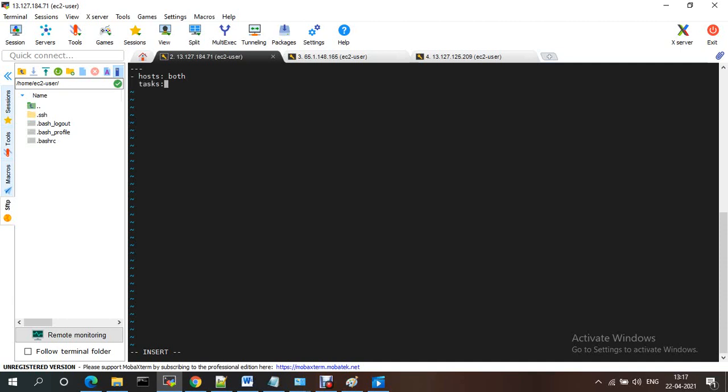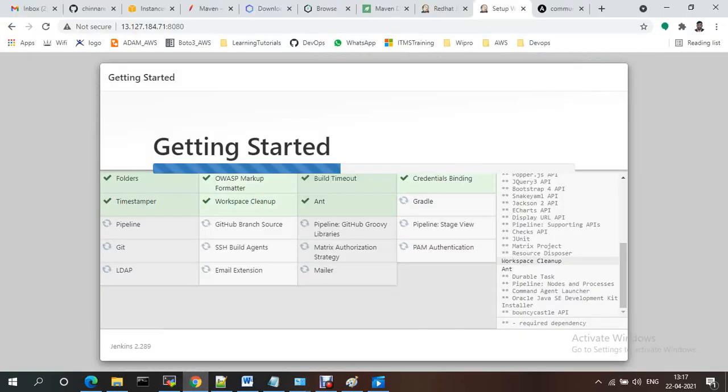Under the task you just need to mention the name: download the jar file from Nexus repository. For that, the module is maven_artifact.